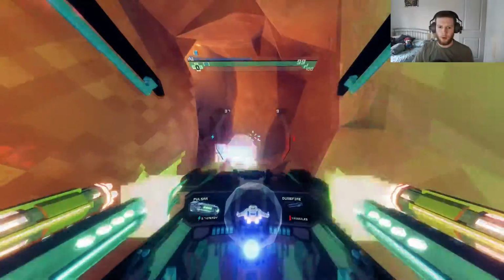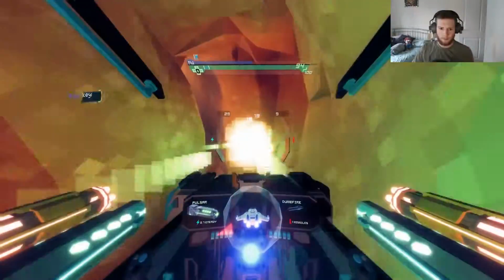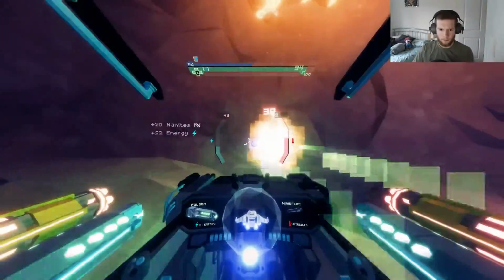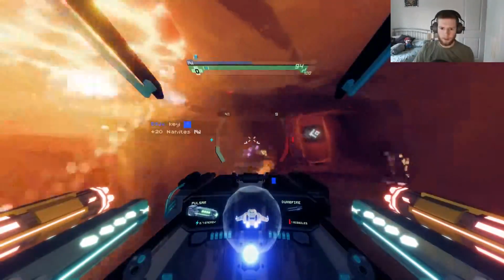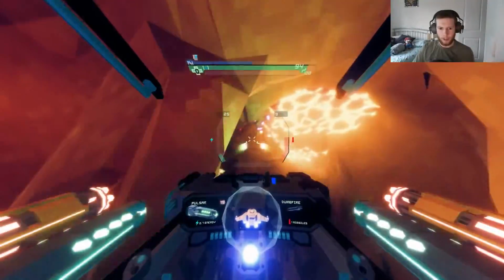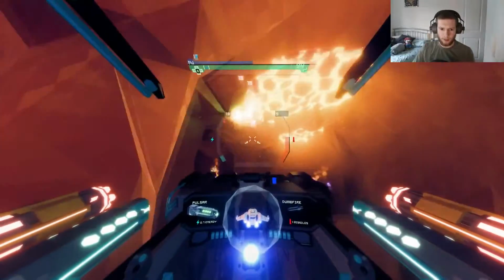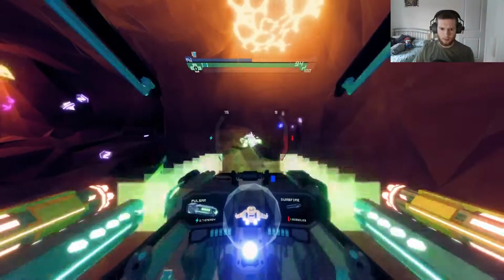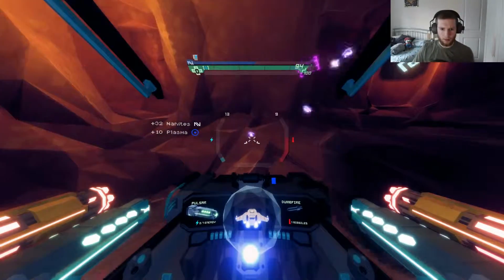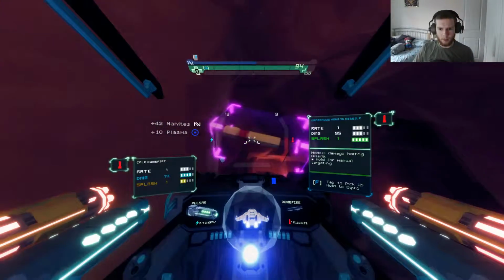Oh, shit. There we go. Oh, God. Flamethrowers everywhere. Blue key. So we have a key to unlock a door, and we're getting shot at by flamethrowers all over the place. I'm going to shoot these purely for the drops, I think. I know I should probably conserve ammo, but...